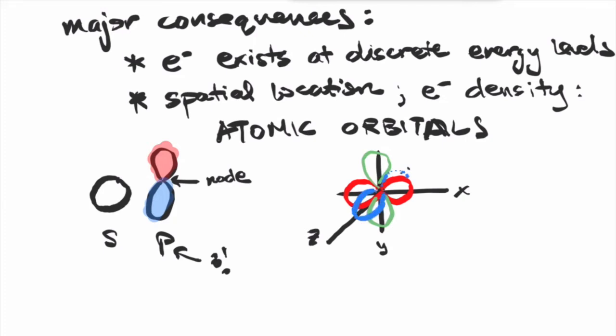To summarize this part, I want to reiterate that atomic orbitals are maps that tell us where we can likely find the electrons. Notice in the s orbital, you can find the electrons within that sphere. Whereas in the p orbitals, notice at the center, where the x, y, and z axes meet, that's the nucleus of the atom. So electrons in the p orbital can never be found at the center. That's the node. But you can find them if you radiate out from the x, y, and z directions.